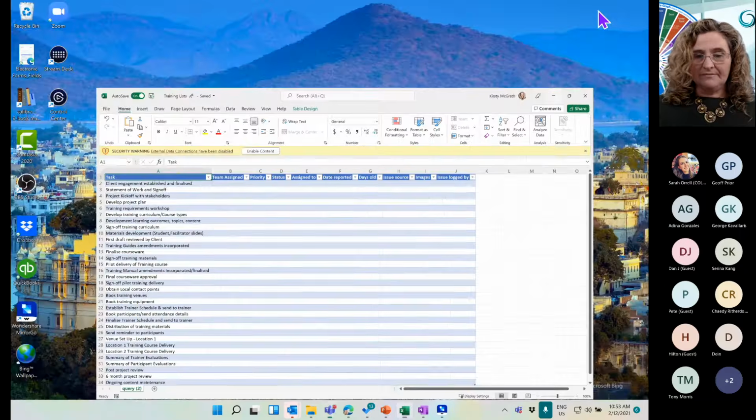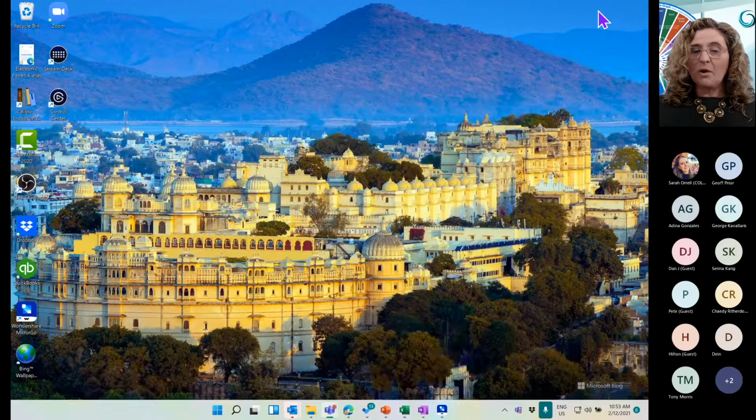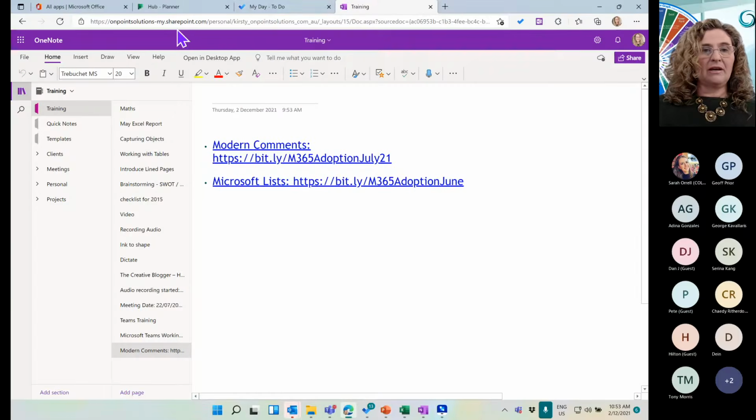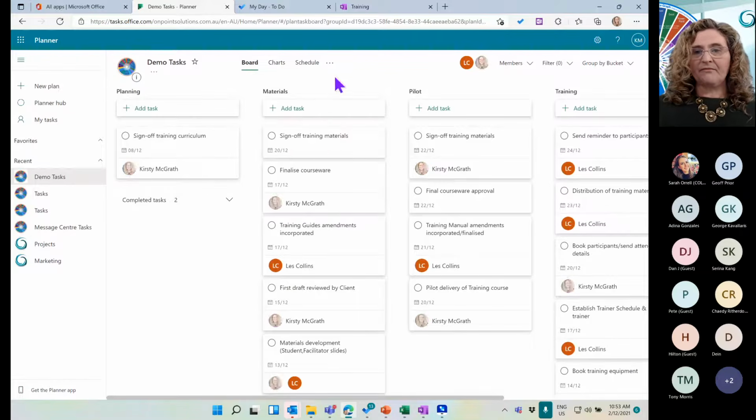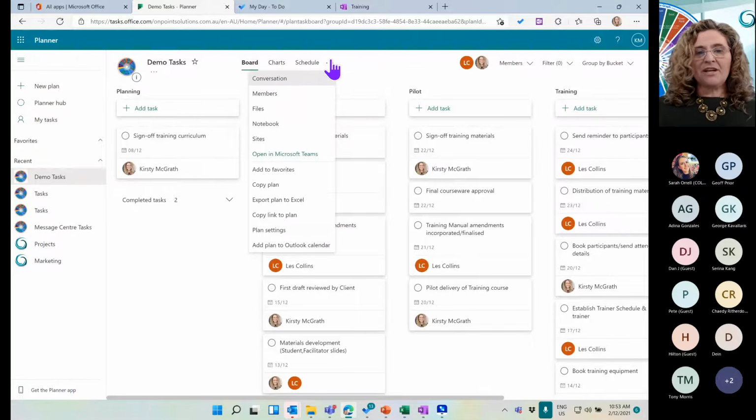So if I have a list, let's have a look at lists. Whether I'm coming from my Excel or I'm online. So if I bring up here, I've got my online. Here's my hubs. So if I come in, I have extra features and functionalities that I could have in here that's online that I don't actually have on my desktop.